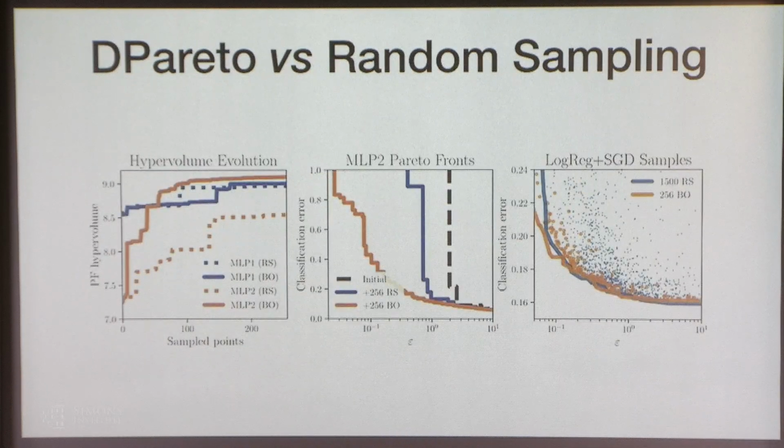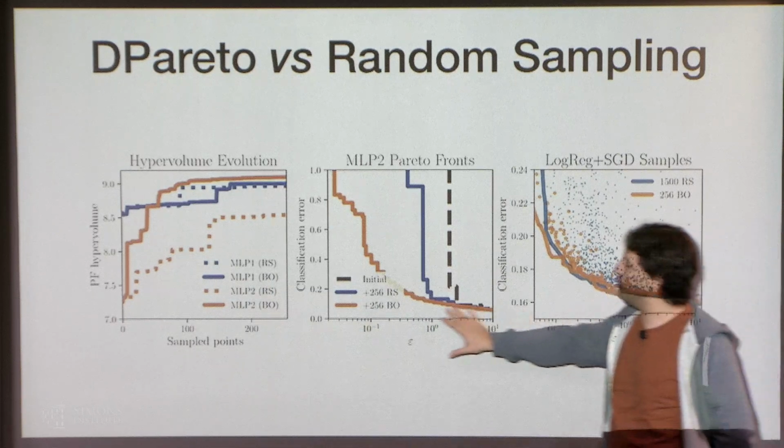The other type of experiments that we did are about making sure that this makes sense, comparing the Bayesian optimization against some simple baseline strategy, which is random sampling. So what happens if instead of trying to do this very fancy thing of picking the points using an acquisition function based on Gaussian processes trained on the points we've seen so far, we just go and do some random sampling? Obviously, random sampling is quite good. It's eventually going to find very good Pareto fronts, but it's going to take you many, many more evaluations, right?